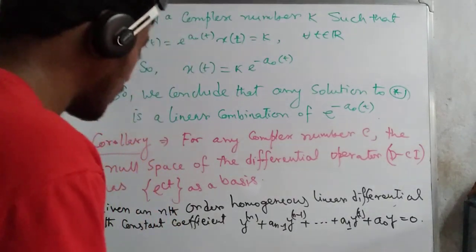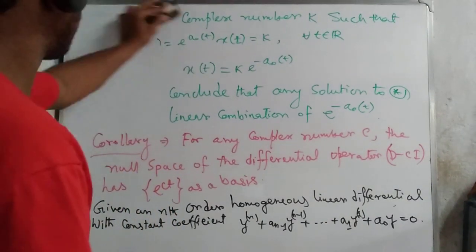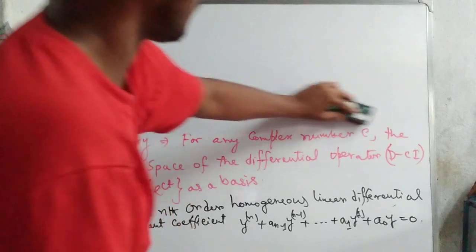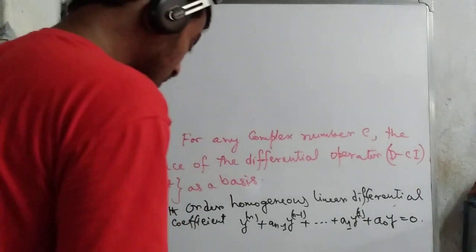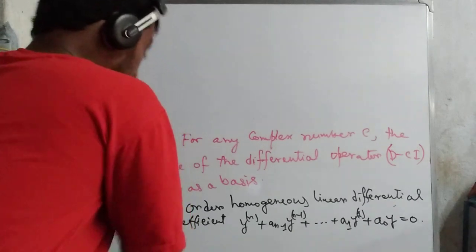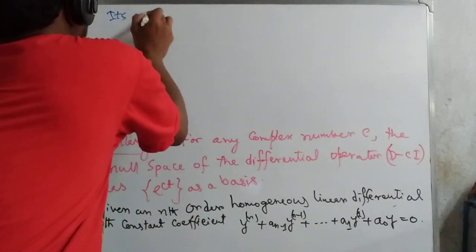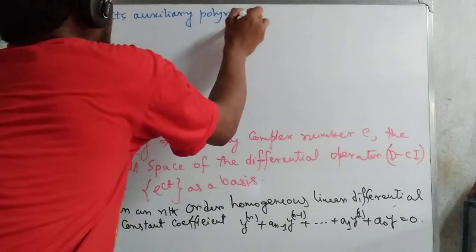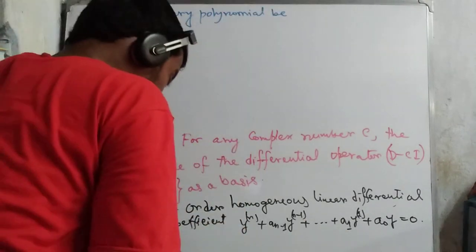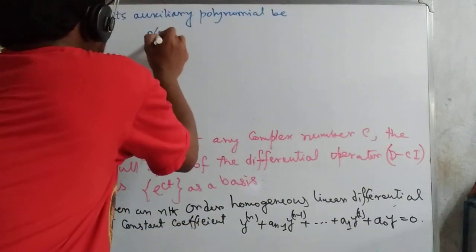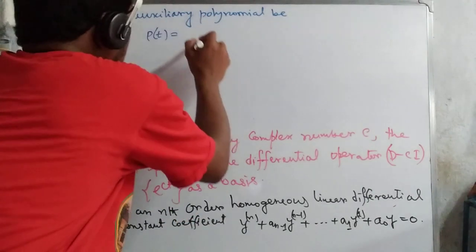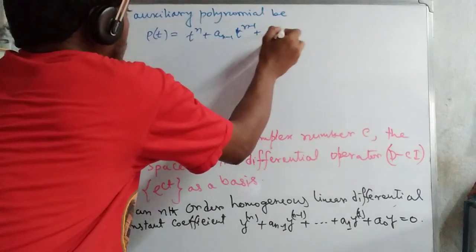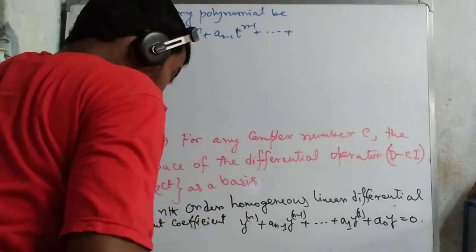Then what happened? It's the auxiliary polynomial. We erase this portion and go on to further discussion. We write it here: the auxiliary polynomial. Its auxiliary polynomial p(t) is equal to what? p(t) equals t to the power n plus a_{n-1} t to the power n minus 1, dot dot dot,